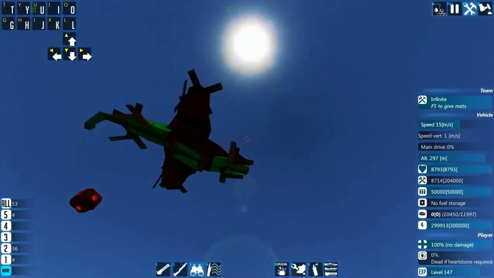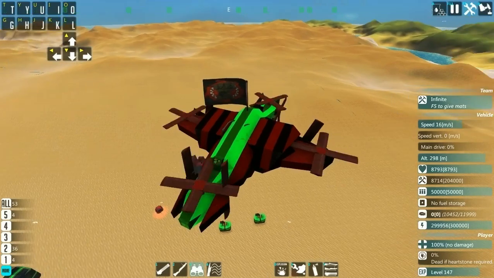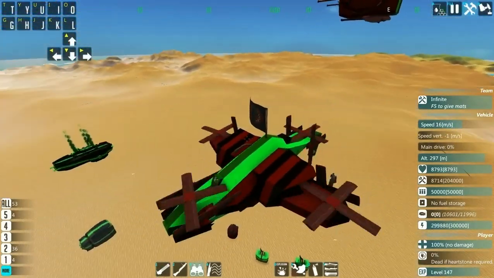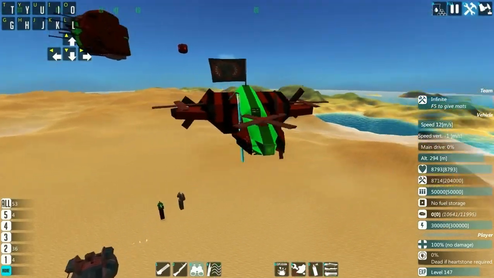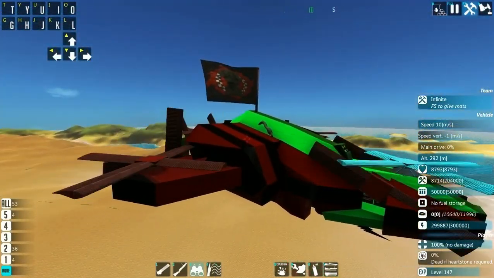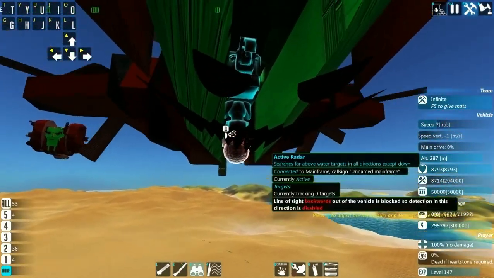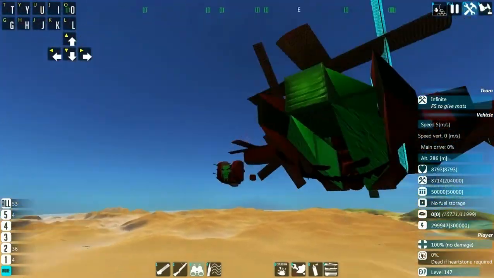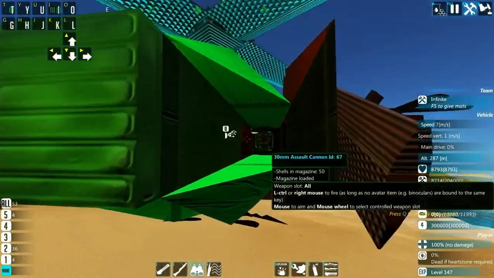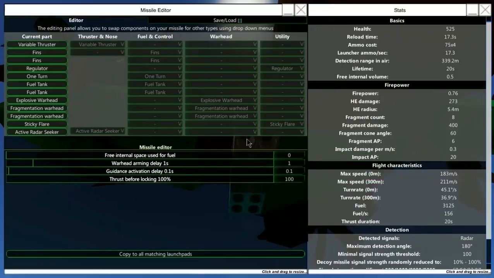Let's see. The first unit, it is the second unit where I tested the new AI settings, and it's really stable, even when it resonates. Its main function is to provide above water detection by a radar and a laser targeter. And of course, it has some simple weapons and some downward facing missiles, which you can see here,